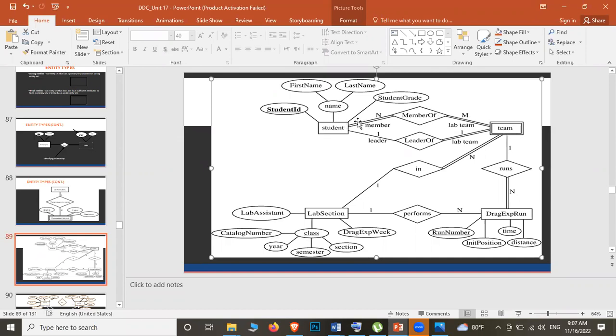Even if 18 students are members of a team, that can be done, isn't it? Team can have 18 students as members. Not in all the teams. There can be a football team, cricket team, chess team. So in some teams some students can be members.